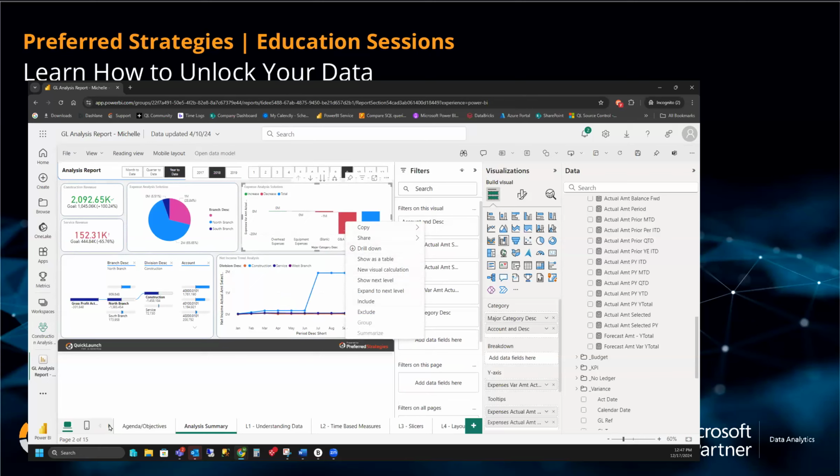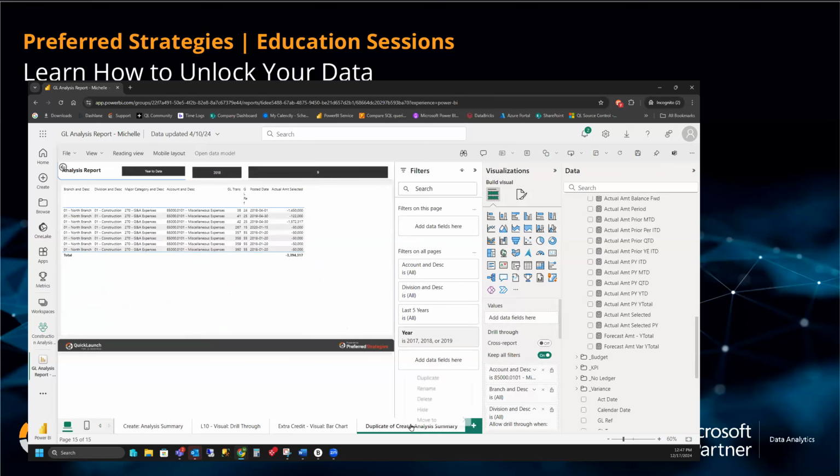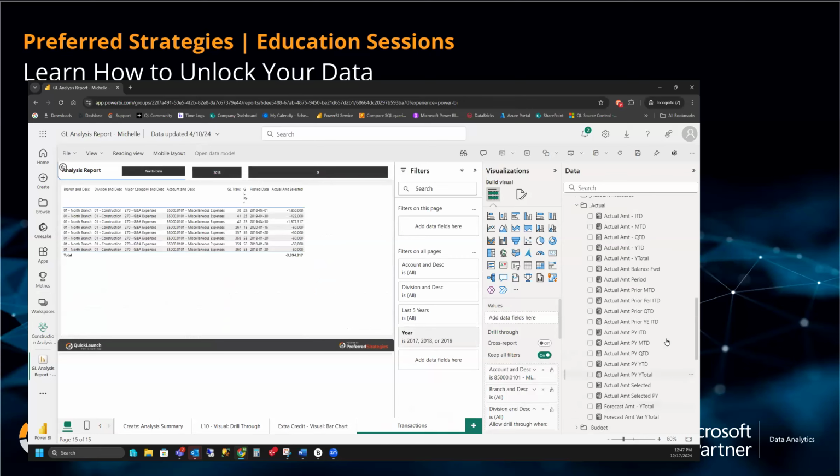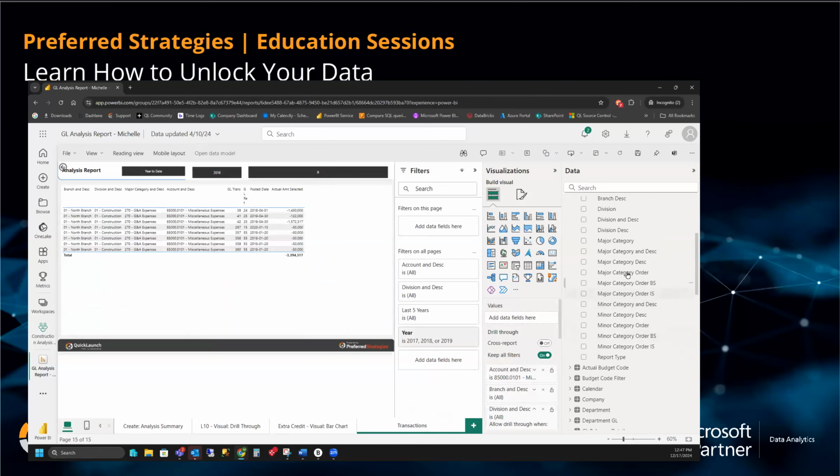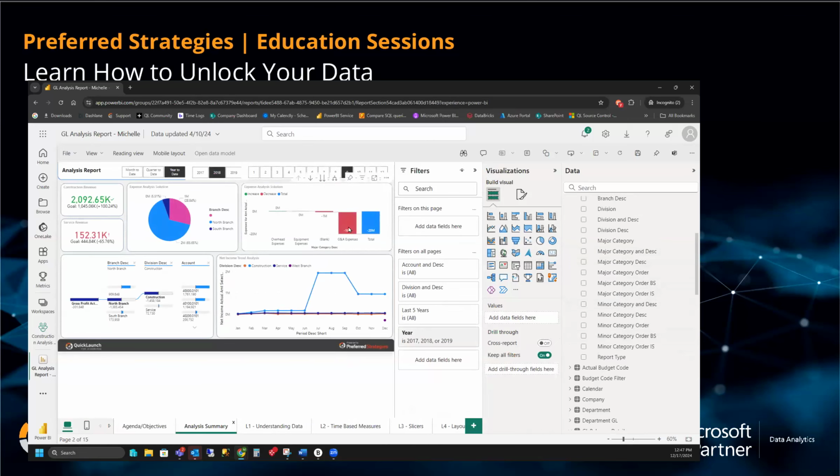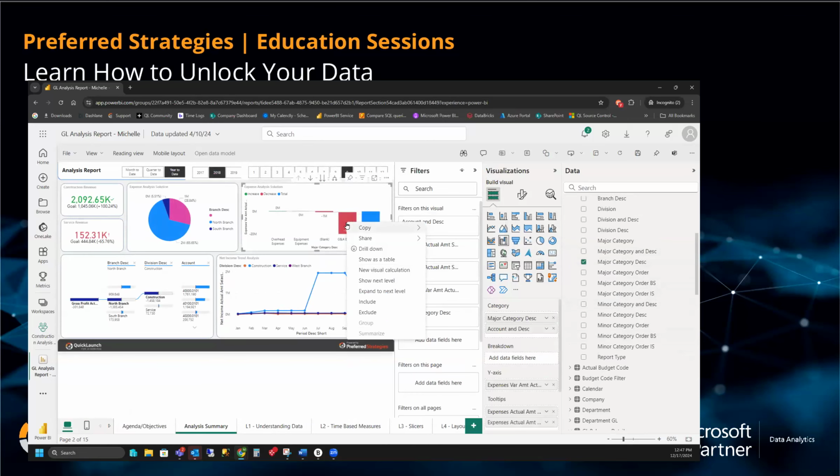If I went back to that table, my transaction details here, I'm going to rename this and call it transaction detail or transactions. And then I go to my account table and I add that major category and description as a drill through. Now, if I go back to my summary page and I right click,